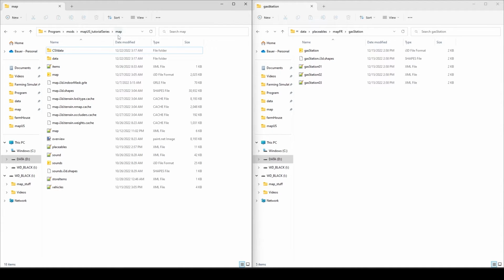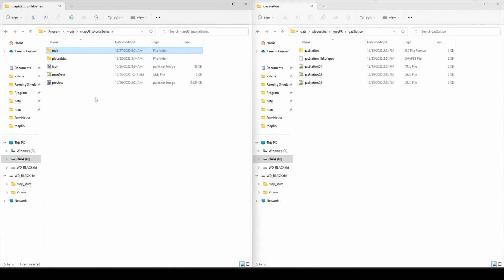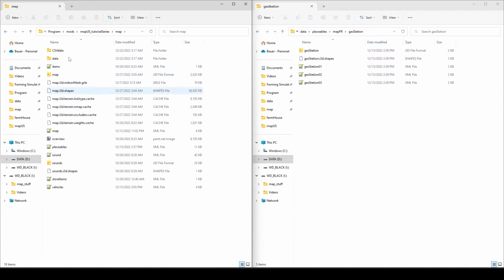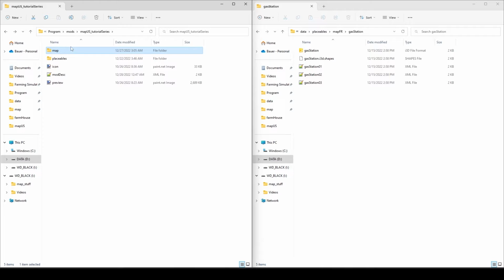All right, so I'm going to go back to my tutorial series because I have a placeables folder already there. And this is where I would create my placeables folder. That's what I want you guys to do, is to create a folder. Now you could have yours in map US if you want, or you can keep it within map. But to make it really, really easy, I keep mine in the very base folder, which is the map US tutorial series. So I keep it in there,